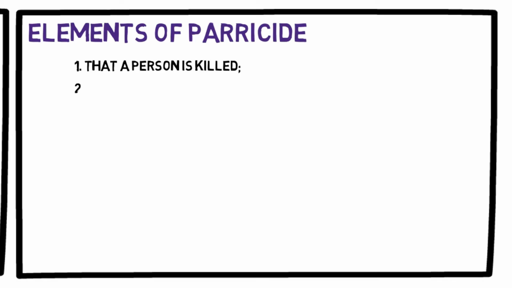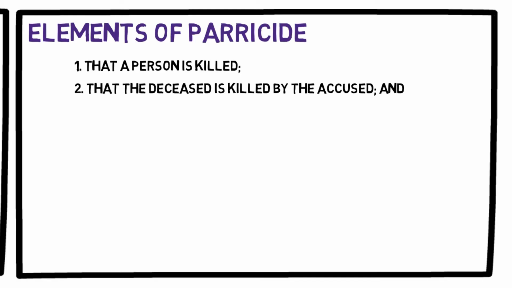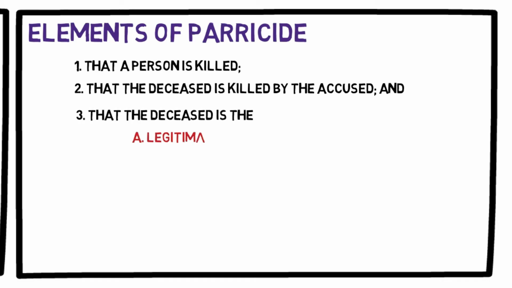From the foregoing definition, we can now enumerate the elements of parricide. The following are the elements of the crime of parricide. 1. That a person is killed. 2. That the deceased is killed by the accused. And 3. That the deceased is the legitimate or illegitimate father,